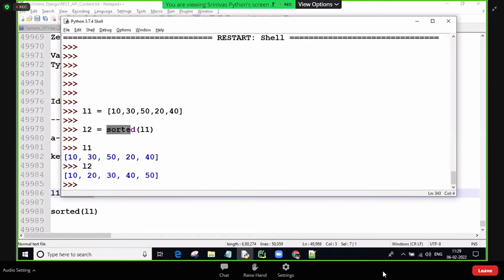So what does the sorted method do? It takes the original list elements and sorts all the elements in ascending order by default, low to high, and that result is stored into a new object, but it does not have any effect on the original list. Understanding? So in the new object we got the result in ascending order. If you want descending,